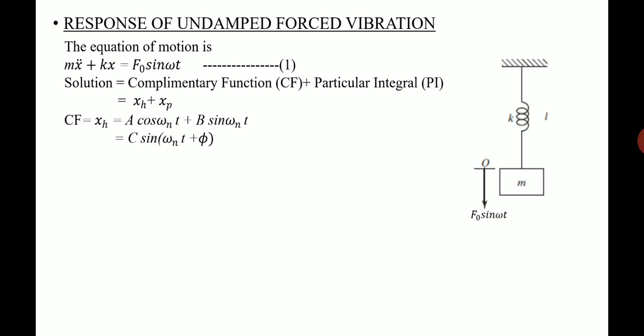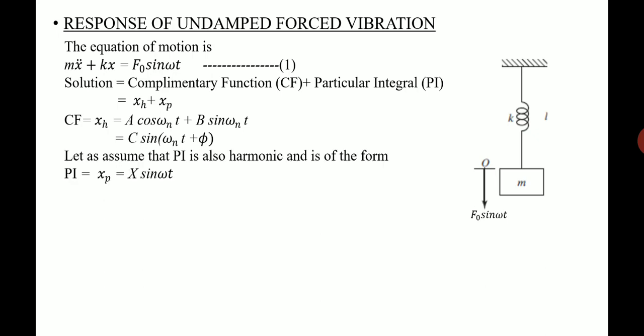There we found the solution for the equation mx double dot plus kx is equal to 0 as a cos omega nt plus b sin omega nt. After substituting for a and b, this equation can be rewritten as c sin(omega nt plus phi). Okay, c and phi are constants which can be found using the initial conditions, and so c sin(omega nt plus phi) represents the solution of the homogeneous part of this equation, which is mx double dot plus kx is equal to 0. The solution of that part is given by xh is equal to c sin(omega nt plus phi). Now we have to find the particular integral.